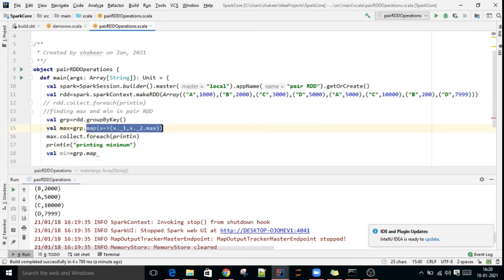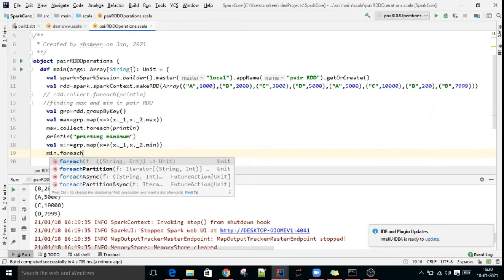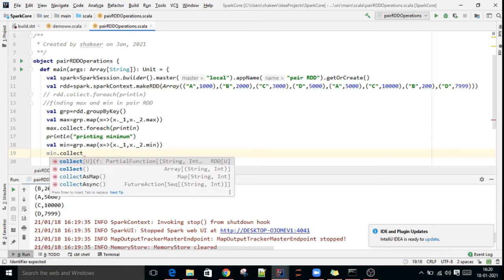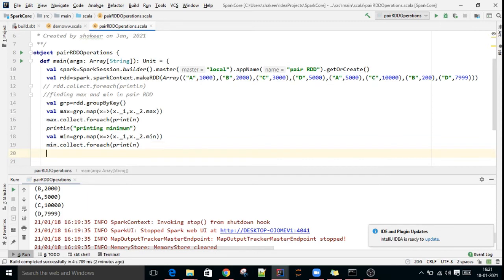Instead of max, we can mention min. Then min.collect.foreach(println).